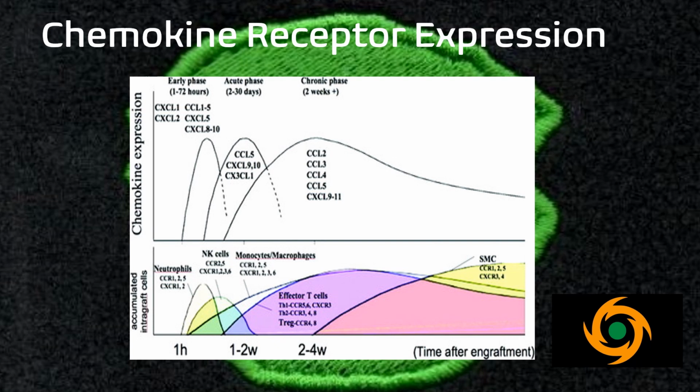Here is a representation of chemokine receptor expression in the context of solid organ transplantation. This illustration depicts varying types of chemokines and chemokine receptors, and where the chemokine receptors are important in terms of their duration. So, for example, at 1 hour post engraftment